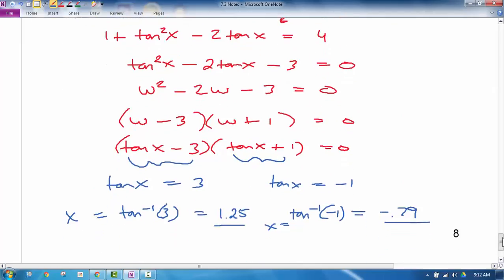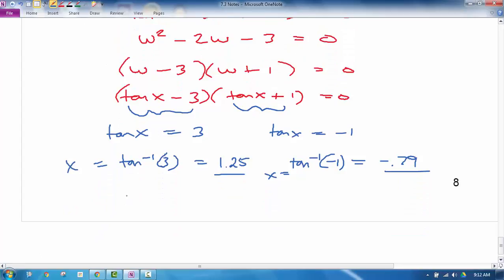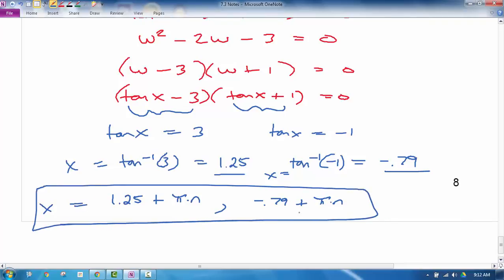Now we didn't say a specific interval, and we know the tangent repeats every pi, so really what I should do is say 1.25 plus pi n, and then also I have this other solution, which would be negative 0.79 plus pi n. Those are my two solutions for x, which actually are an infinite number of solutions. All right, let's try the homework, and hopefully this will make more